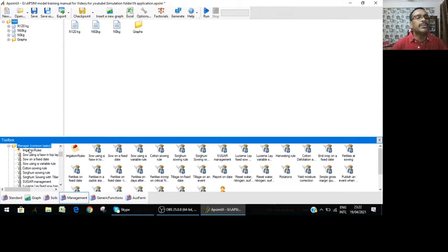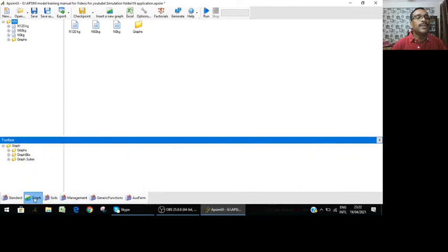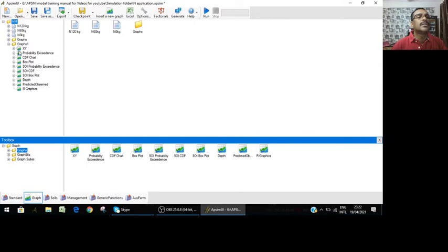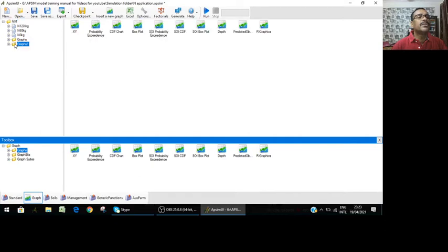What I actually did was take the graph from here, because I don't need so many graphs. So many options are there. I simply took this graph, dragged it and dropped it here, and you can see these are all the probable things. You can find so many things here, but I don't need them, so I'm deleting it.